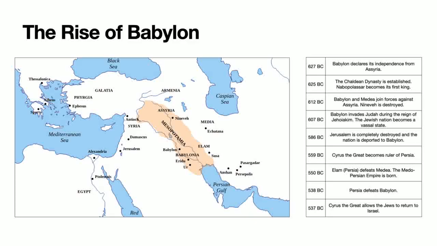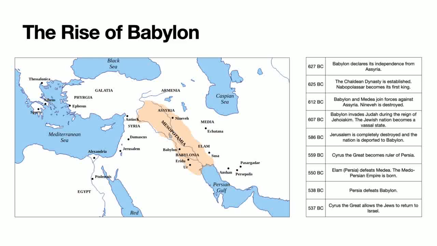A few years later, 586 BC, Jerusalem is completely surrounded by Babylonian armies, and the city falls, and the entire nation is deported to Babylon, except for a few poor people living in the land. Now, I'm jumping ahead here a little bit, but like I said, I'm trying to present a contiguous timeline of events. So what happens several years later?